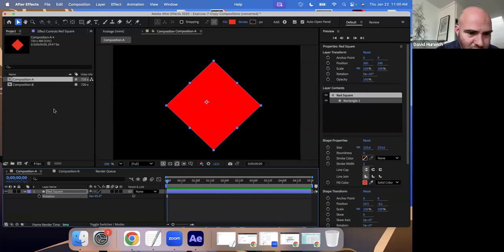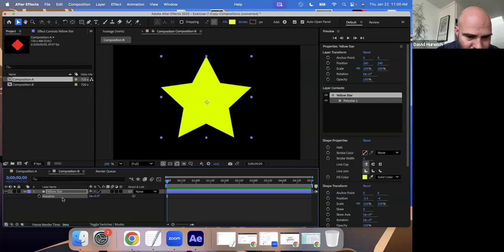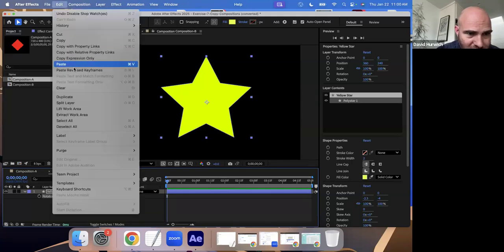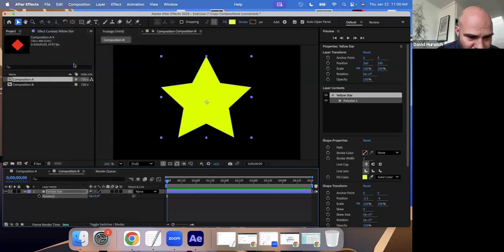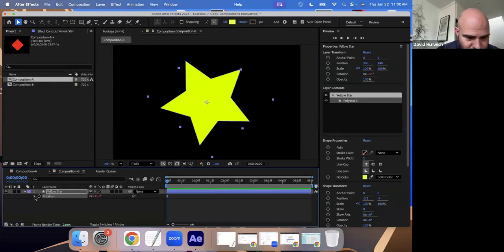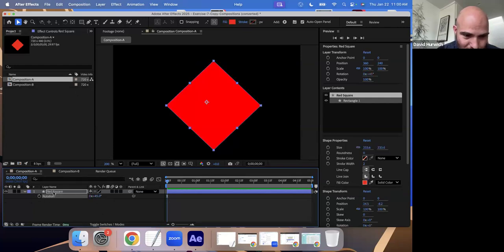So if I now go to composition B and paste, I'm going to open this up, and it's a little complicated here, I'm not going to lie. But what this is saying is go to composition A, go to layer red square, and get the value of the rotation. So this is composition B. This rotation is going to be based off of the red square in composition A, and whatever this rotation